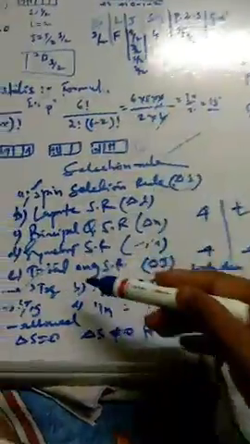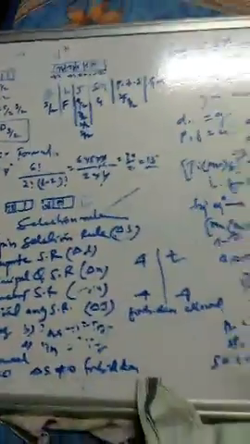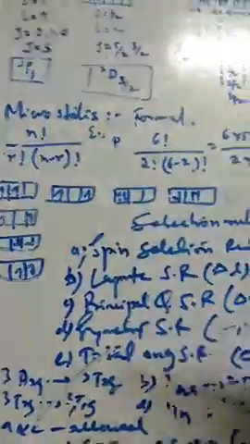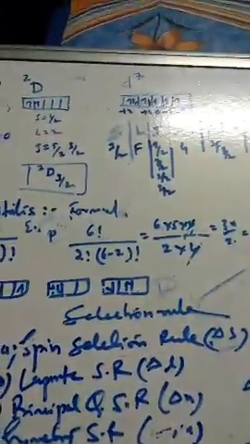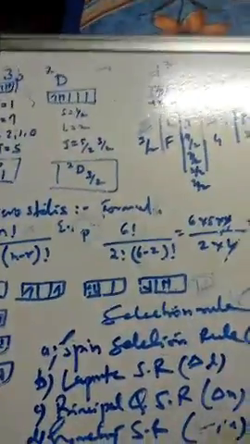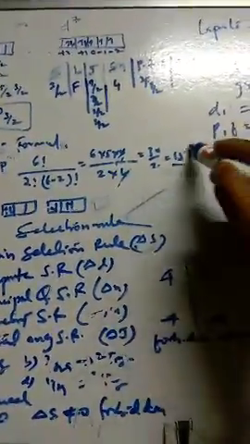So this is what we covered about the Laporte rule, the spin rule, and different types of selection rules, as well as how we can calculate microstates. So again, I will give the homework here. I have given the microstates for the p2 system. Like this, you can go for the d2 system microstates. How many microstates are possible for d2? And you can go for d2, d3. That's enough, I think, to calculate the microstates.